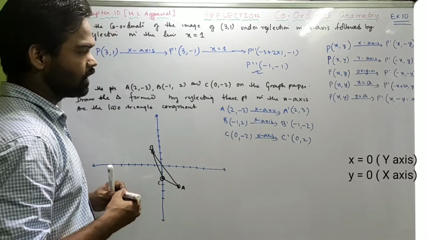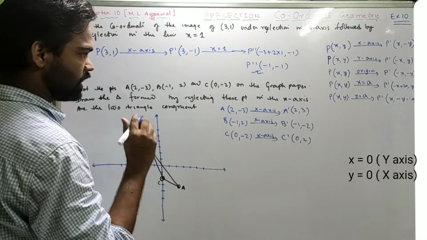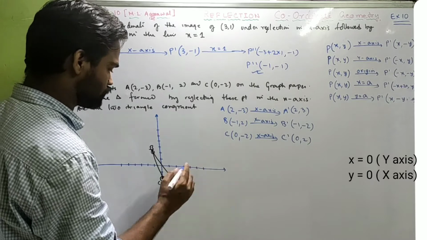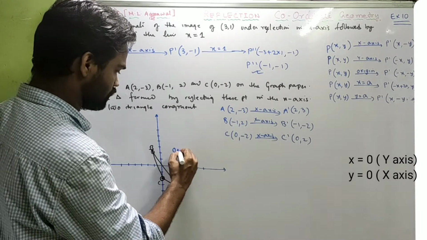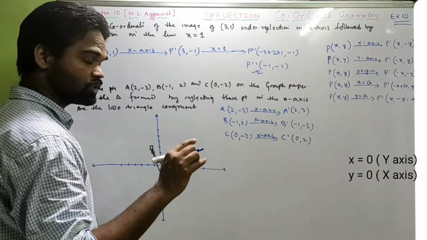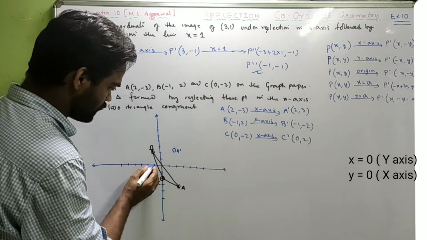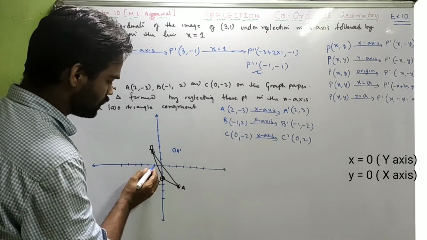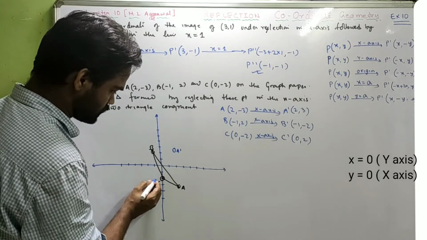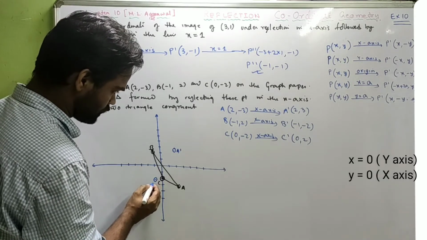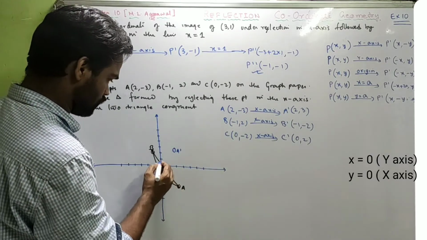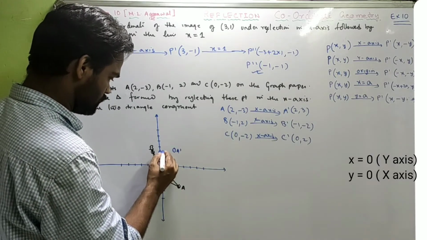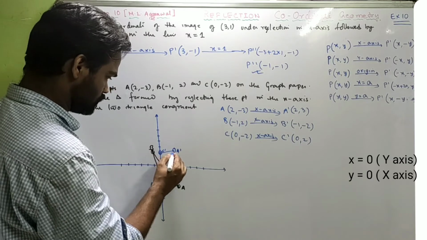ABC. Now I'll do A dash. A dash is 2 comma 3, over here you have got A dash. B dash is minus 1 comma minus 2, B dash is here. Okay, and C dash is 0 comma 2, so 0 comma 2 over here, C dash. So we'll join them,